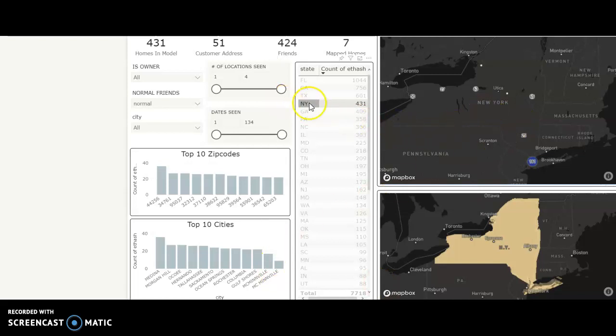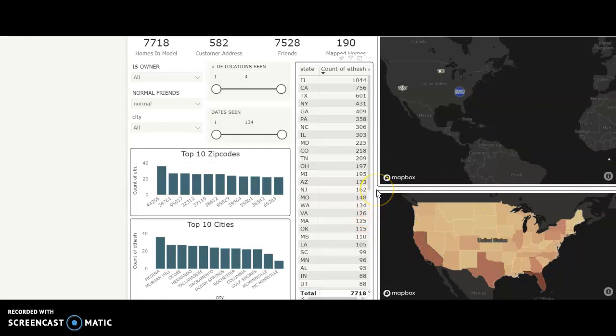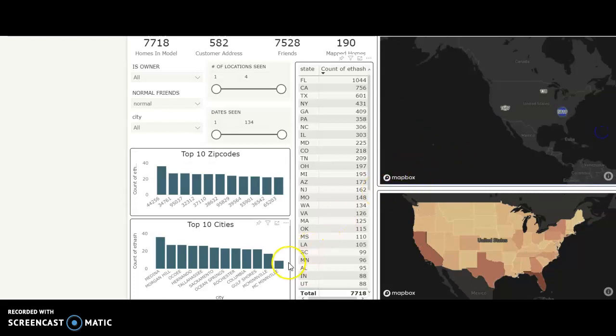And really what we're looking forward to is gathering more data for any of our models. The more, the better. And then we're going to be able to not only add more to this, but we'll be able to add data from reverse append, data from